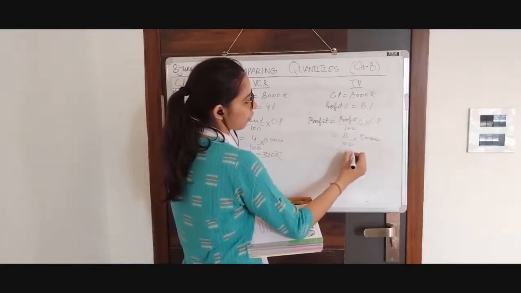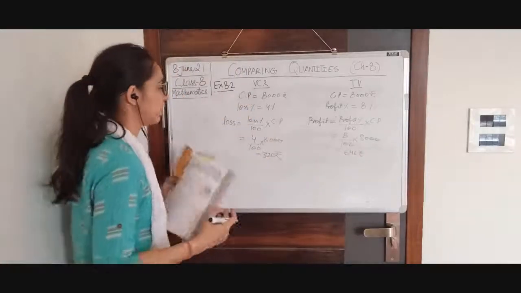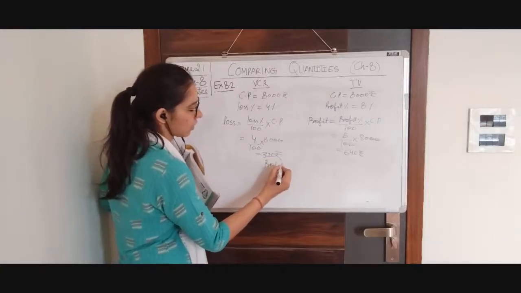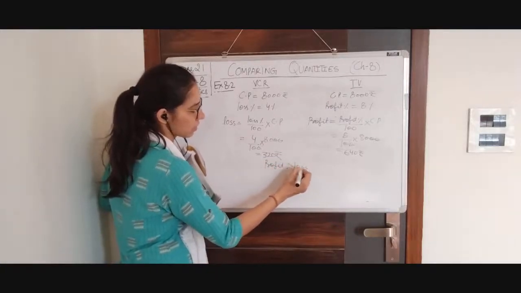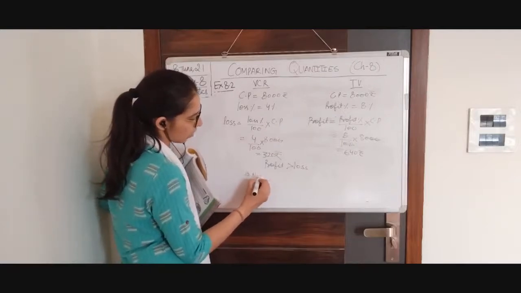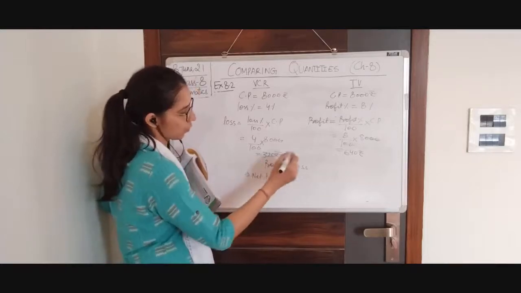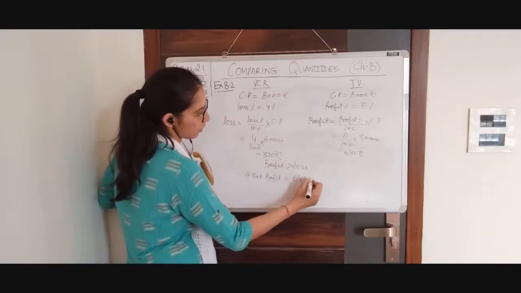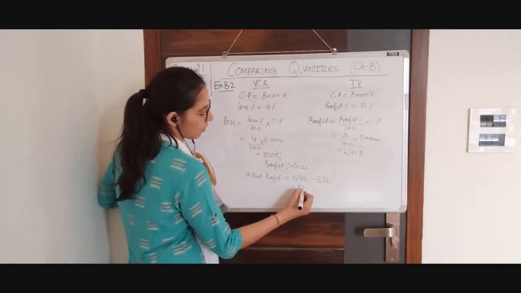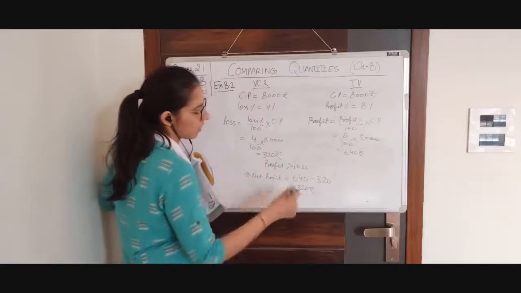It is 640 rupees. Okay? Which one is greater, profit or loss? Profit is greater than loss. ठीक है? It means नेट क्या होगा आपका? नेट प्रॉफिट होगा, जो बिगर है वही तो मिलेगा आपको. तो प्रॉफिट कितना हुआ? 640 माइनस 320 लॉस, it is 320 rupees. ठीक है? Net profit is 320 rupees.